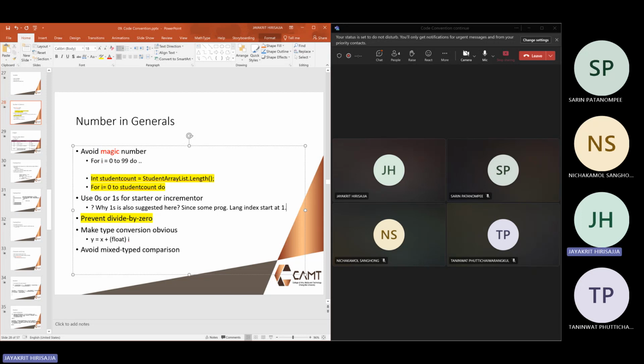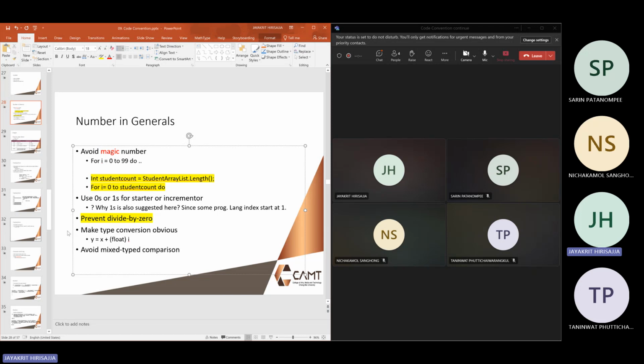Normally, if the index of an array starts at 0, we use 0. But in some programming languages the index starts at 1, so you need to use 1 as a starting point or for the incrementer. And then